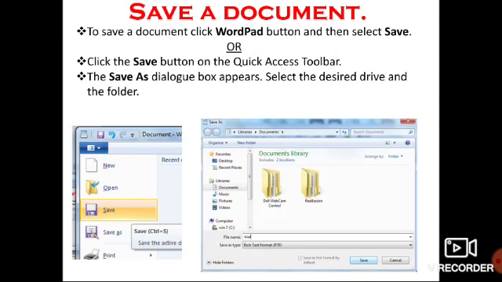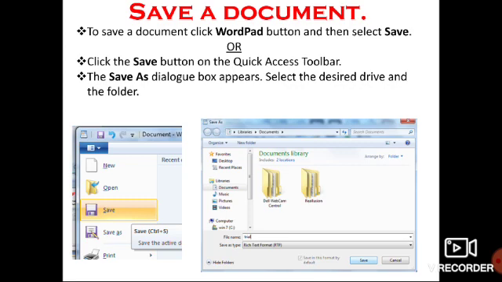So this is called as save as dialog box, and here you can see file name. I have given here trial because I am just showing you, so I have written trial. You can give your name or any other name you like. So after giving this name to the file, you can select the desired drive and the folder you want, like documents, music, pictures, video, desktop, or you can see here Windows 7 C, that is drive C, drive D, anywhere you want to save.